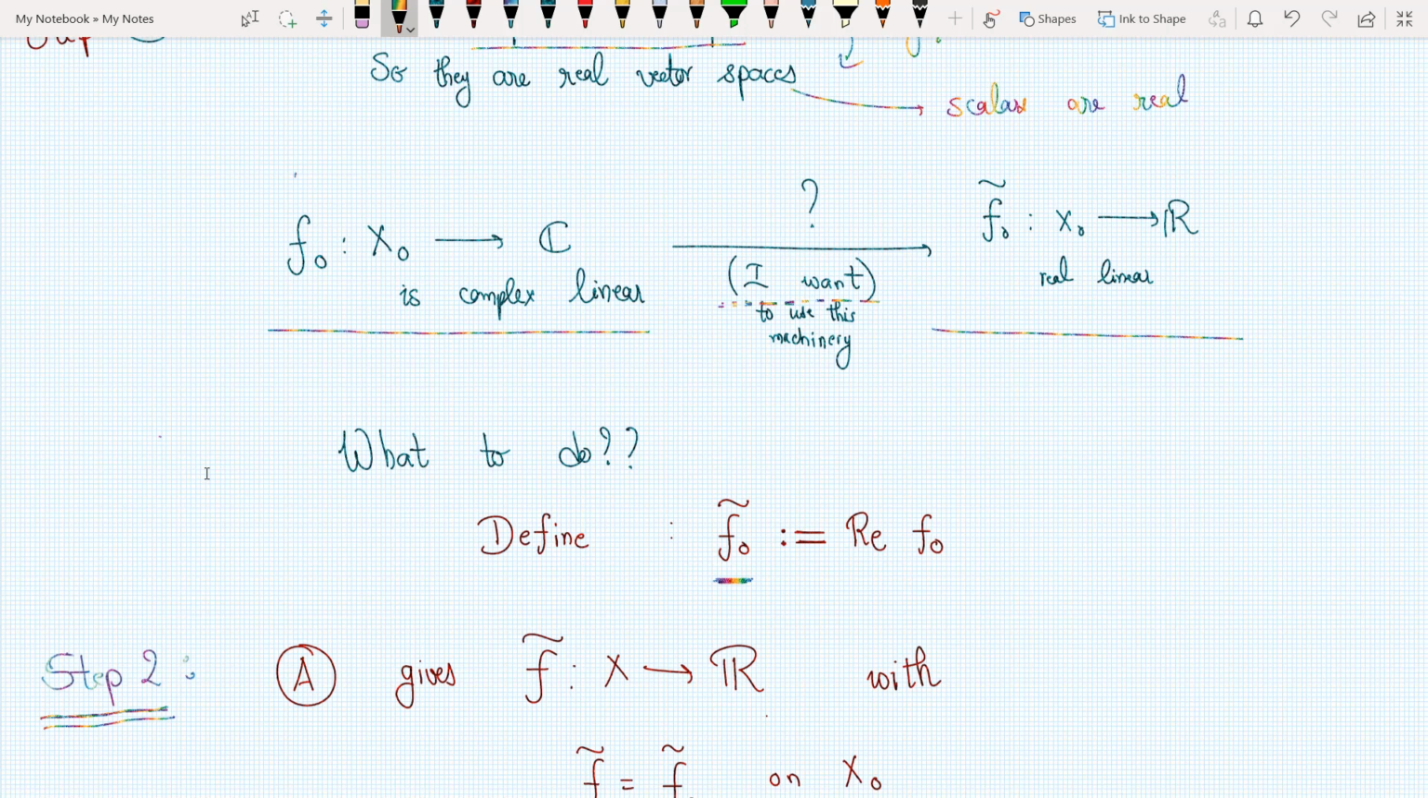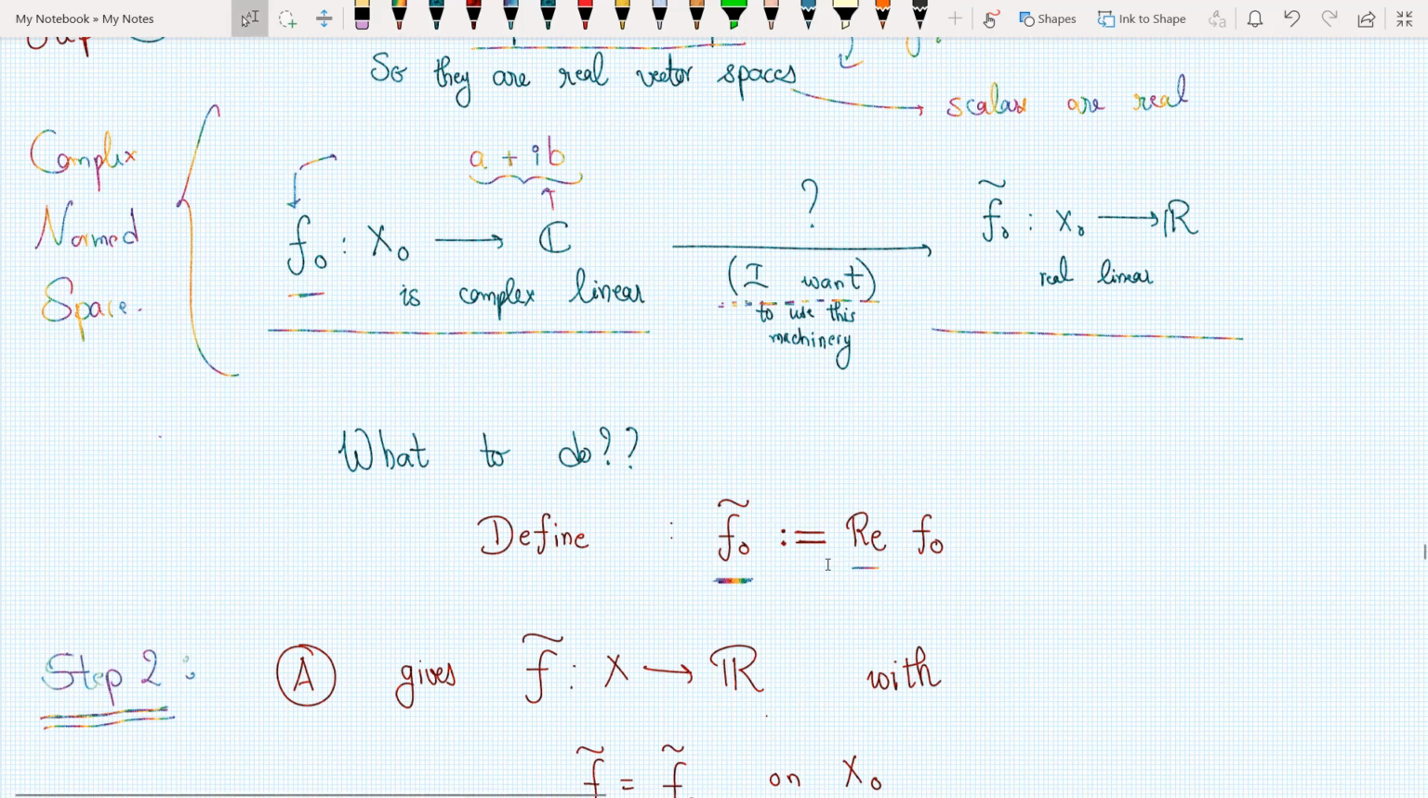This functional is from x0 to the complex numbers, and every complex number roughly looks like this. So whatever value this functional f0 gives me, I separate it into two parts. I define f0 tilde to be the real part of f0, for the case of complex norm space. Whatever value I get, I take the real part of it and define it to be f0 tilde. But now, if I have a real value as my codomain,